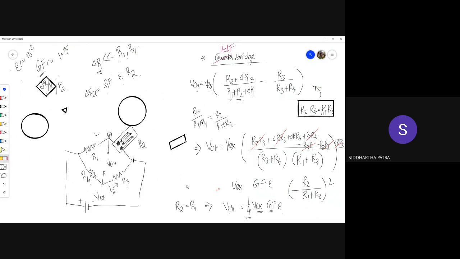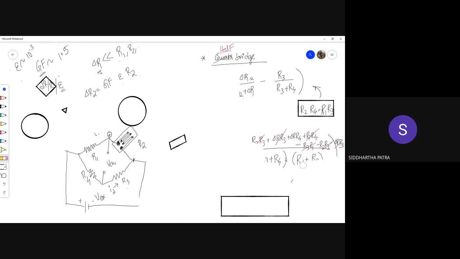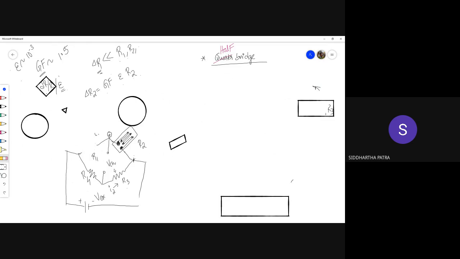হাফ ব্রিজে কি হবে? আচ্ছা, এই এক্সপ্রেশনটা একটু মার্ক করে রেখো যে কত এলো। হাফ ব্রিজে কি হবে? আমরা আইদার R1 অথবা R3, ওকে, you would make either R1 or R3 as the strain gauge, as our second strain gauge. আমি এখানে শুধু R1 কে একটা স্ট্রেন গেজ হিসেবে নিয়ে দেখাচ্ছি, ওকে।